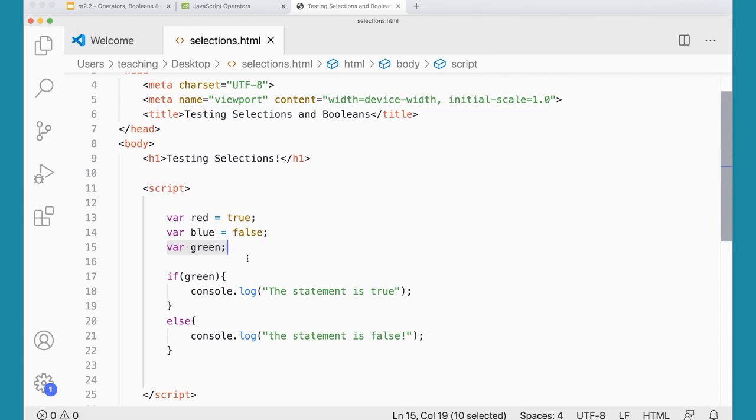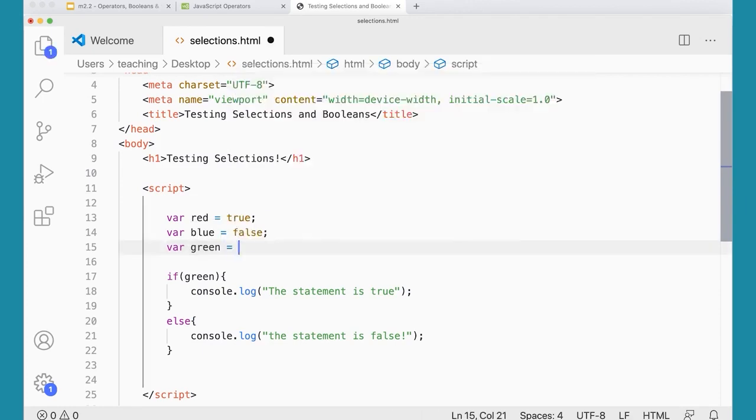So things are either true-ish or false-ish. And they could be explicitly true or false, like red and blue are here, but they could be false-ish. And JavaScript treats variables that are undefined as false. Also,